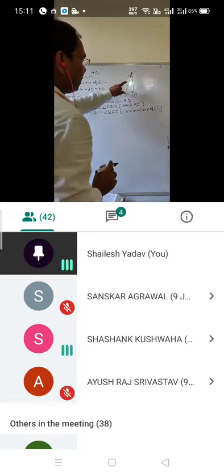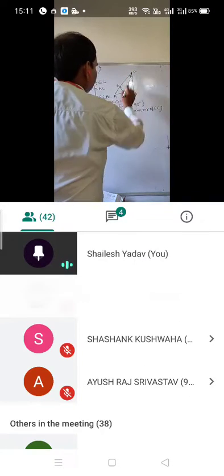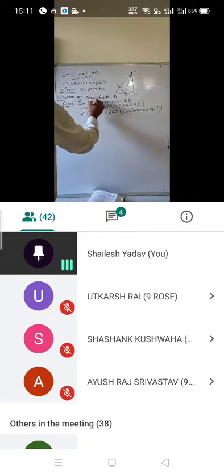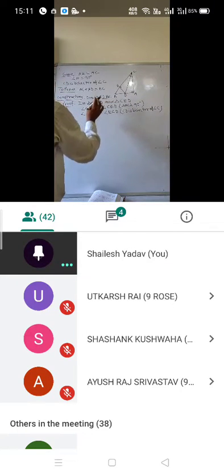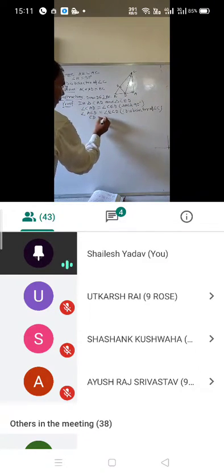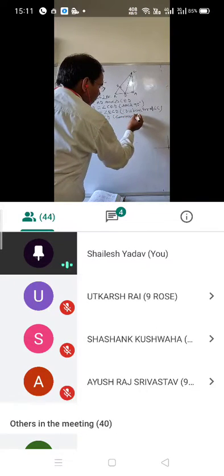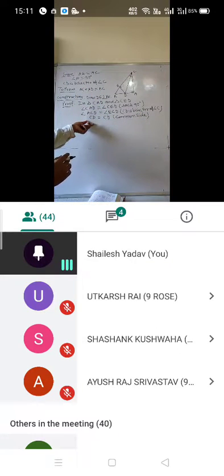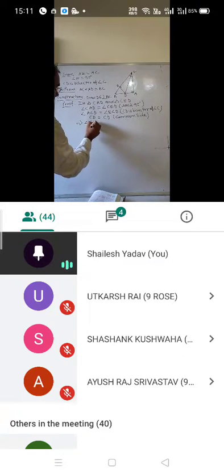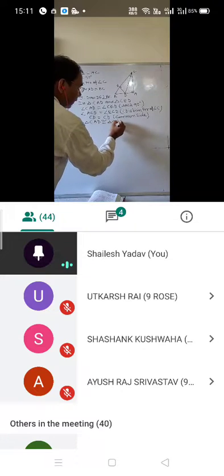That is the common side. Yes, here CD is the common side for both the triangles. In both the triangles CD is there, so here you can write CD equal to CD, that is common side. So here I got two angles and one side equal. So it shows that triangle CAD is congruent to triangle CED.